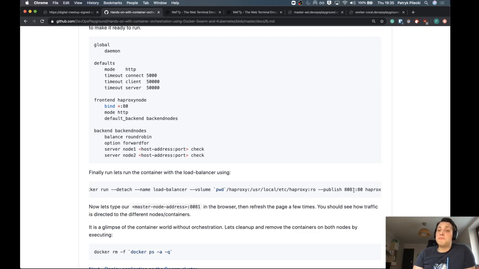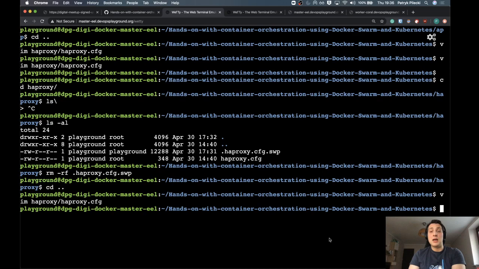We're going to publish port 8081 this time because 8080 is already taken by our web app. We're going to use the HAProxy image. We don't have the HAProxy image on our local machine, and we didn't specify any tag. So Docker will just look for the latest image of HAProxy, pull it for us, and run it straight away. So let's do that, and let's